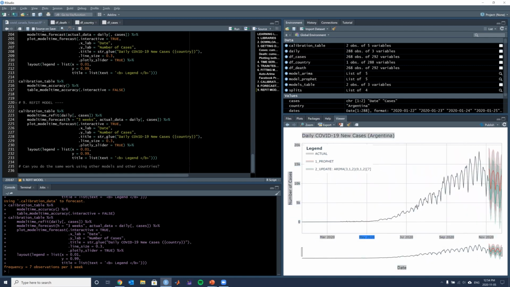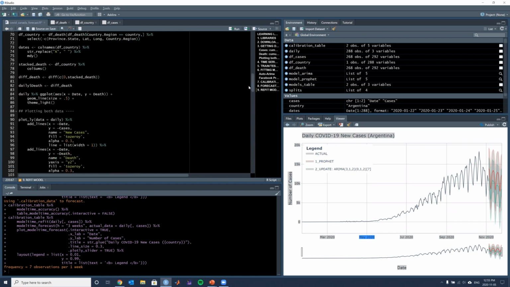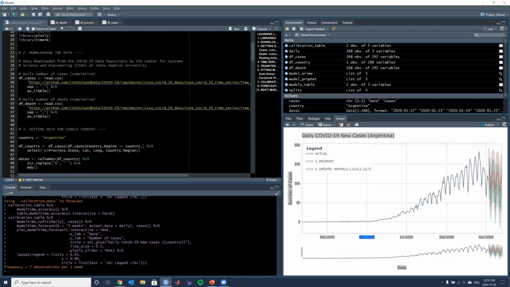Another thing, when you download your data, I'm just suggesting that maybe you can use other models in Modeltime. Can you use Prophet plus boosting, Prophet plus neural network? We have a lot of things that you can use in Modeltime. And try another country. For example, I'll try Brazil, because I'm from Brazil,